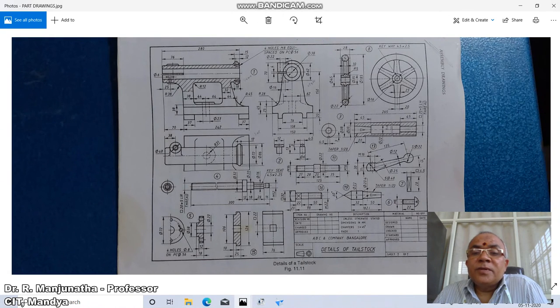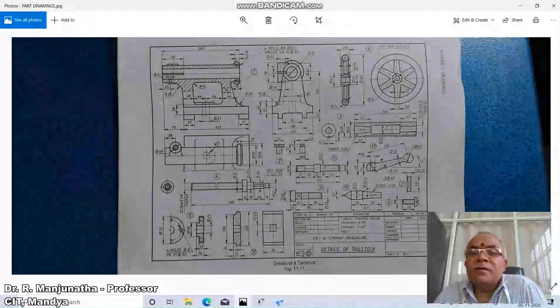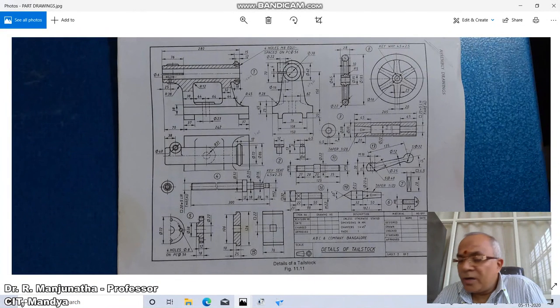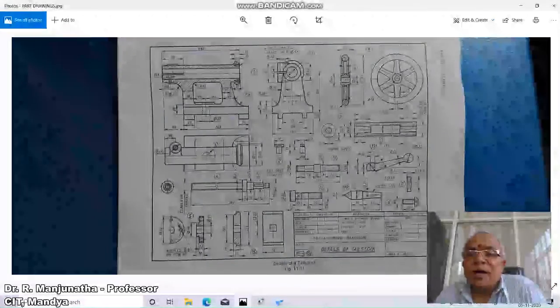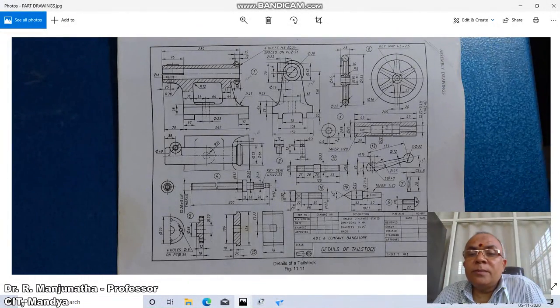So that means if you have 20 mm diameter, what is going to be the diameter at this juncture? The diameter at this point is going to be 17.75. How? 1 divided by 20 into 45 mm length. So that means it is going to be 2.25. 20 minus 2.25 is going to give you 17.75. So this is how you will be able to calculate this particular diameter, that is the smaller one which you have.